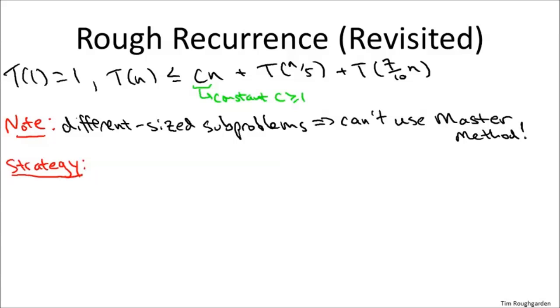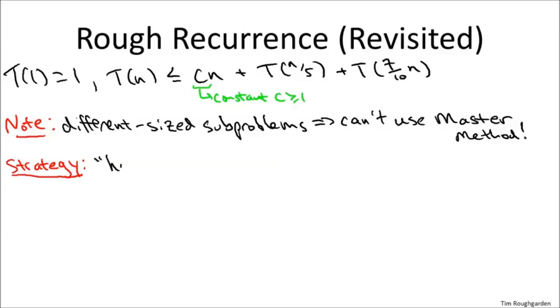Now, there are more general versions of the master method, of the master theorem, which can accommodate a wider class of recurrences, including this one here. Alternatively, we could push the recursion tree proof so that we could get a solution for this recurrence. Some of you might want to try that at home. But I want to highlight a different way you can solve recurrences just for variety, just to give you yet